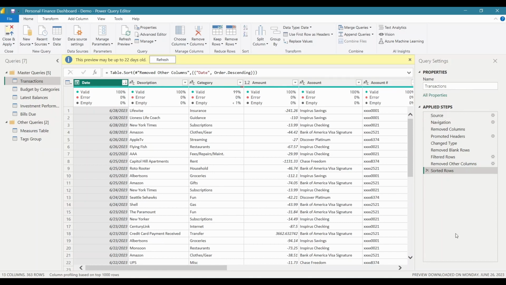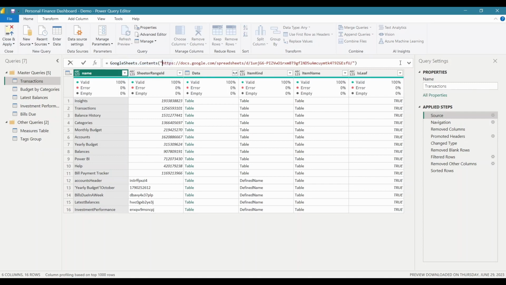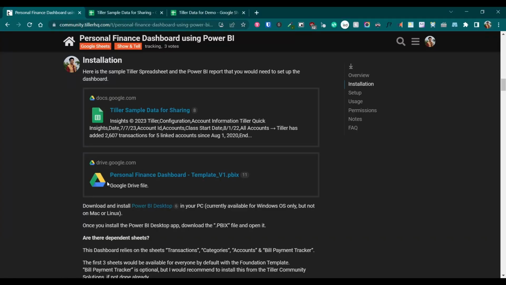So to update the data source, we can click on the source step for the transactions. Just click on the source over here and then you'll be able to see the formula for that. Basically, this has the URL to the sample sheet, but you can just update it with our own Tiller sheet.